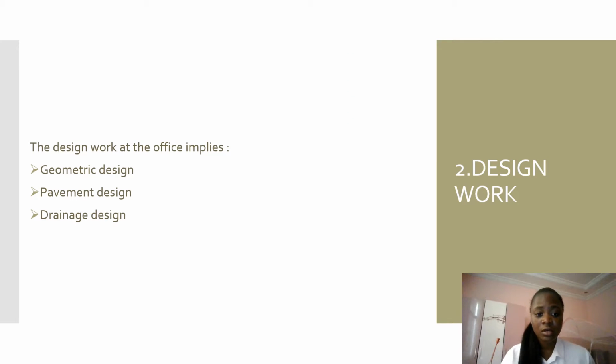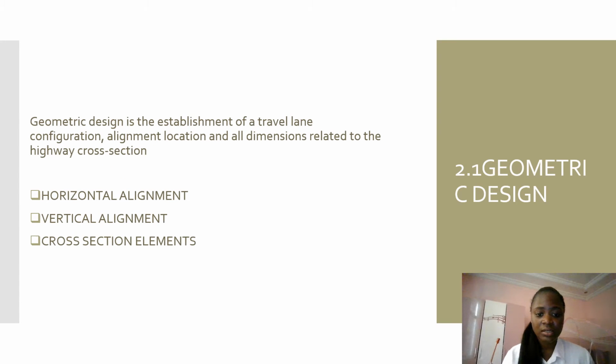Now the design work. The design work can be divided into three: the geometric design, the pavement design, and the drainage design. So what is the geometric design? The geometric design is the establishment of a travel lane configuration, alignment, location, and all dimensions related to the highway cross-section. So here we see the horizontal alignment. The horizontal alignment is what you see from the top view, the curvature, or even the super elevation, all that is part of the horizontal design that we have to